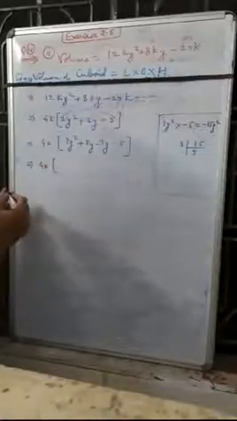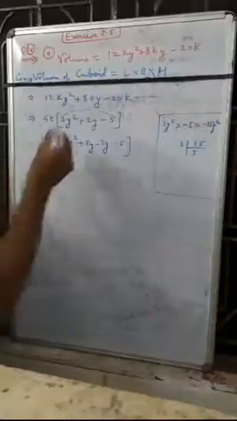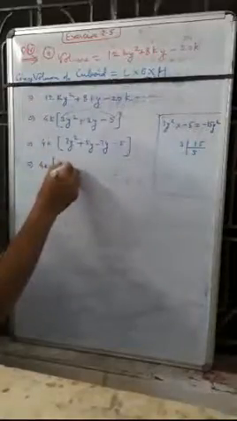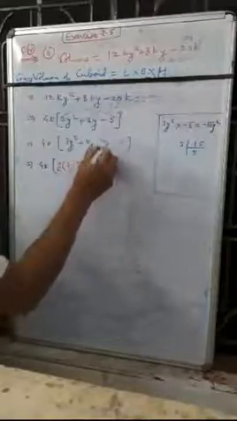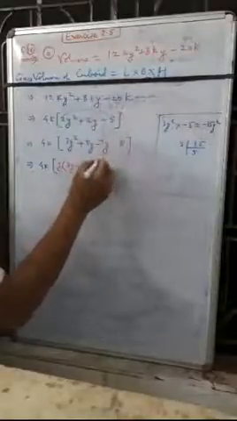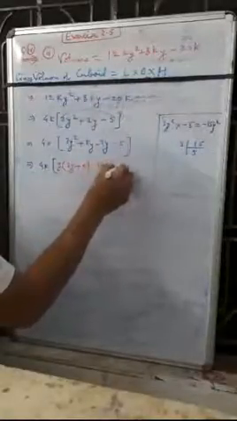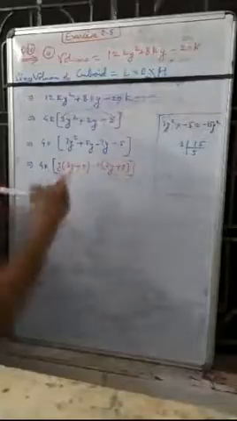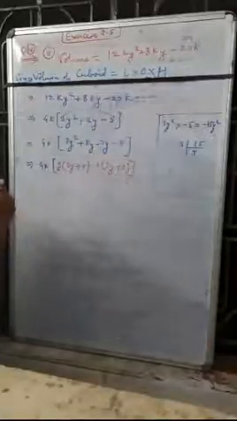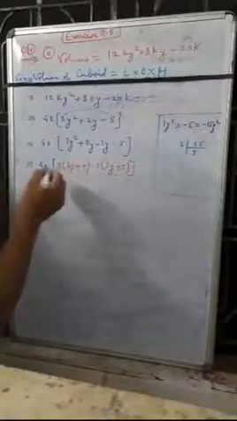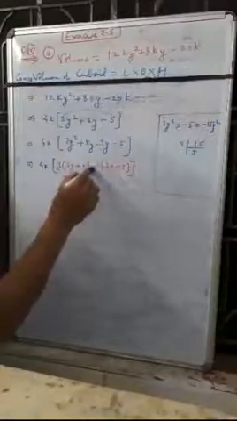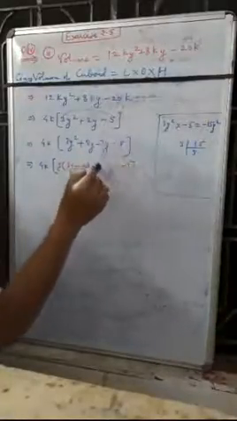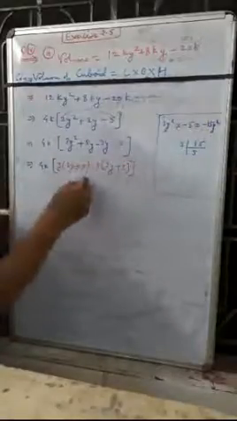So we can take the maximum common y here. So take the common y. So what is remained? 3y plus 5 here. And maximum common here minus 1, because nothing we can take common from two terms. So we will take minus common. So 3y plus 5. Again check, the previous equation is equal to the present equation. So multiply here y into 3y is equal to 3y square, and 5y, plus minus 1 into 3y, so minus 3y, and minus 1 into 5 minus 5. So 3y plus 5 you can take the common here.